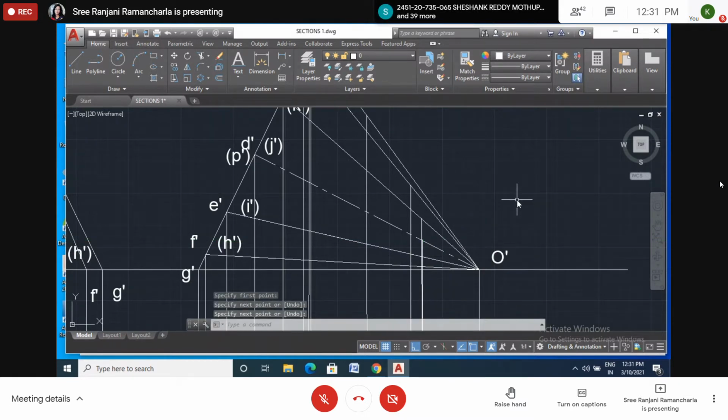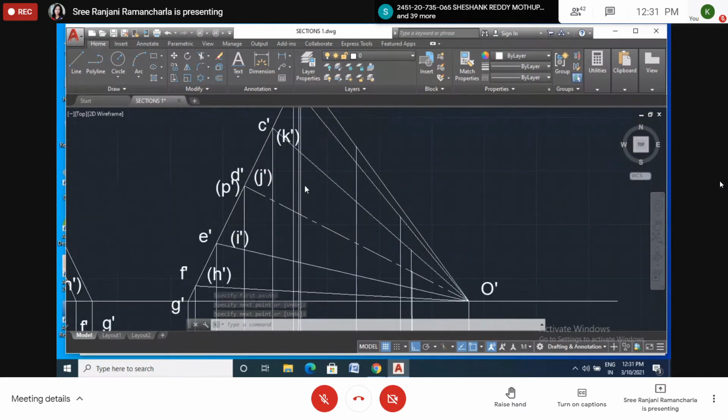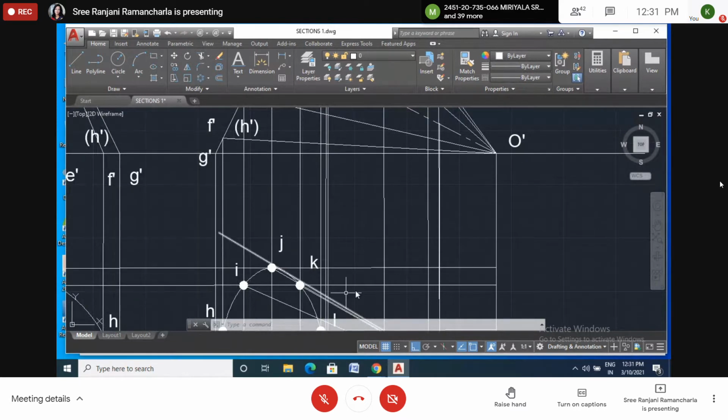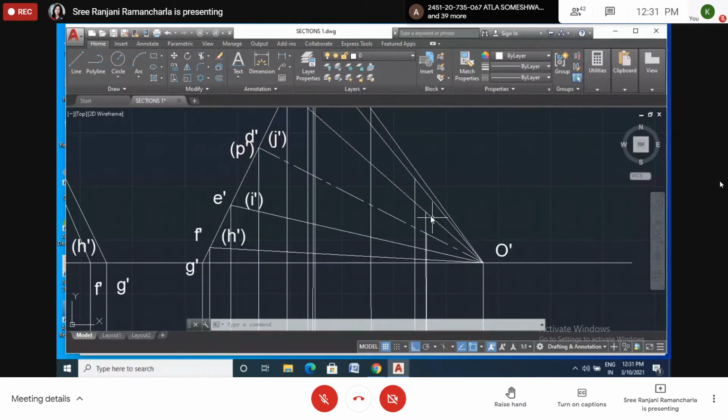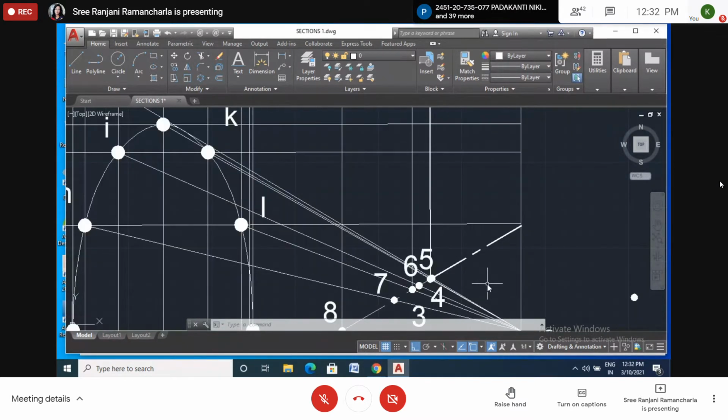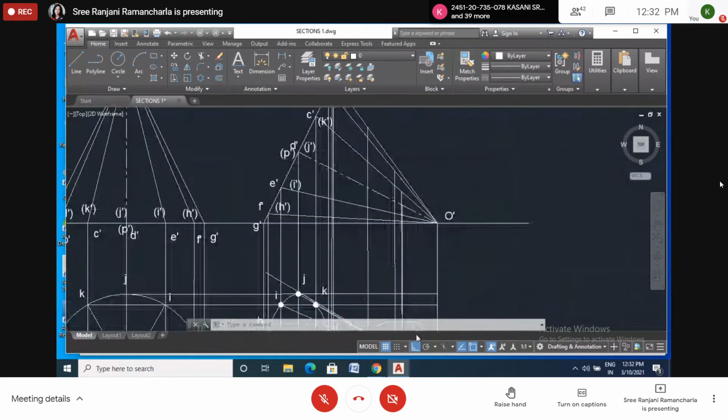Now here, try to understand: between J and K there is a tangent here, right? When we draw the curve here, between J and K, the curve will come like this. Compared to this curve, the apex will be somewhere else. That apex point is the tangent point here.